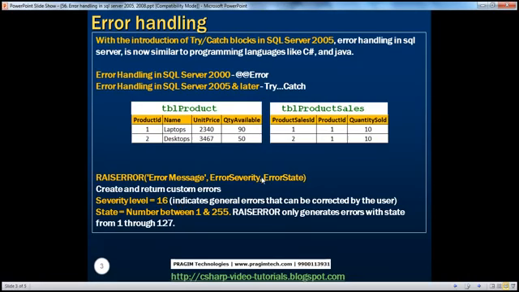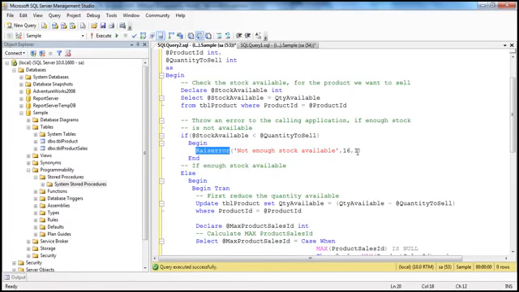And the final parameter is the error state, which is a number between 1 and 25. Raise error only generates errors with state from 1 through 127. In our example, for the error state, we are using a value of 1. On the other hand, if there is enough stock available, we come into the else block, and within the else